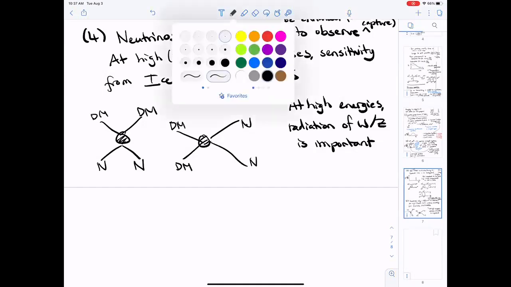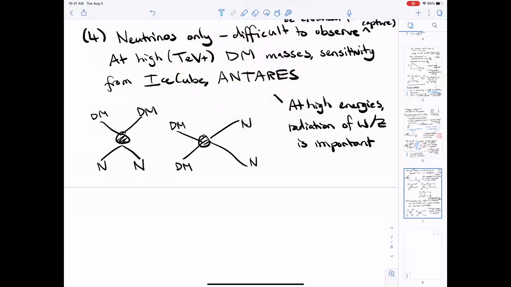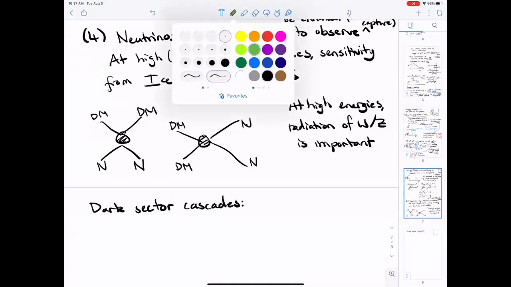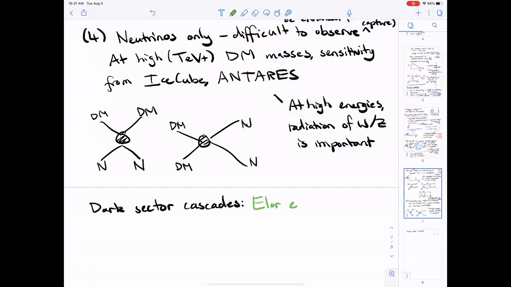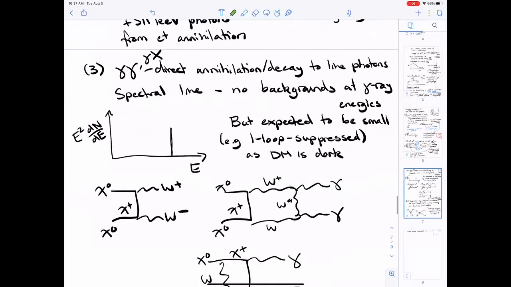My collaborators and I wrote a paper on this a few years ago, and other people have also written papers. If you want to read more about these dark sector cascades, then one place to start is Elor et al. This broadening effect is most striking when you have a case like the gamma-ray line situation, where the baseline spectrum is very sharp and then going through some intermediate dark sector states can spread out this sharp delta function into a box spectrum.